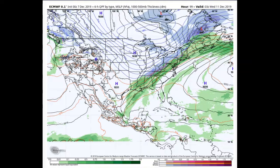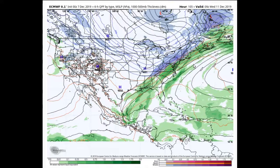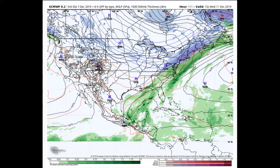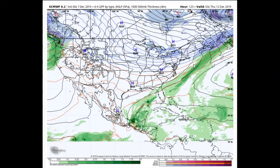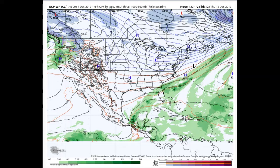pulls in colder air, changes basically rain to wet snow, and does accumulate, especially notable across the southern Green Mountains, where it could be somewhere between 3, 4, 5 inches potentially. This will start out as wet snow, but dry out pretty quickly as well, so we're looking at medium or dry density type snowfall once it initially starts as a little bit of wet snow. By the time we get into Wednesday afternoon, that pulls away, we get some lake effect, and then high pressure